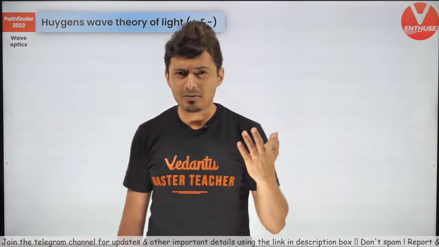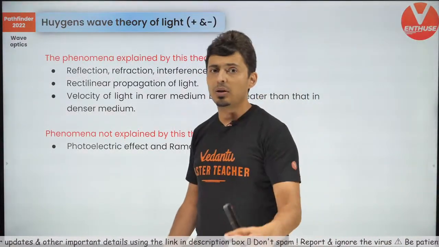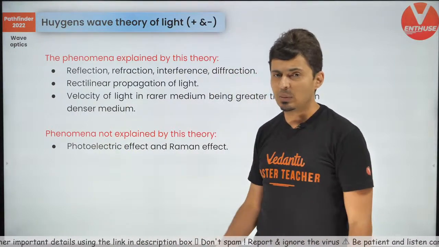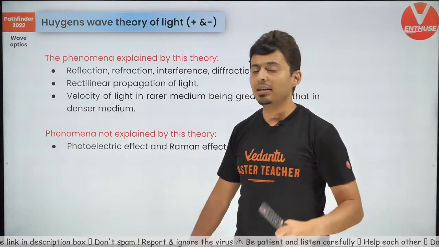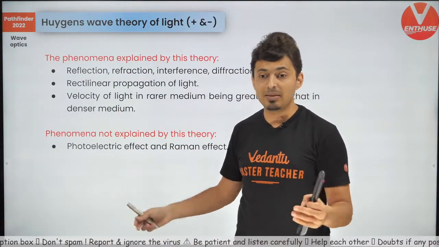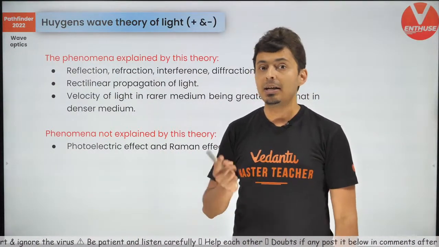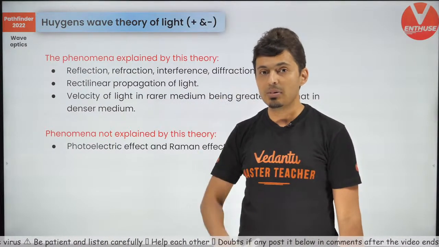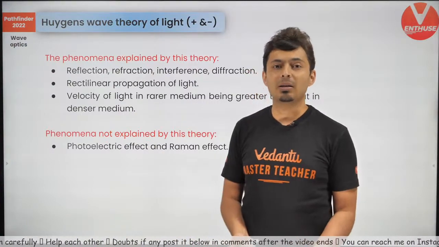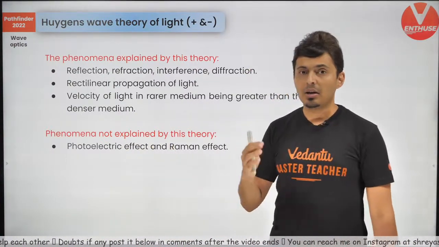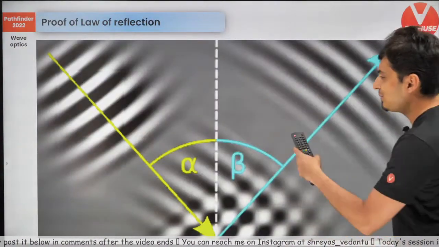So now there are some positives and negatives. This is only from the CBSE point of view. So just go through your CBSE textbook for your boards. Please check out all the advantages and disadvantages and what are the things which Huygens couldn't explain. Mainly, Huygens assumed that light is a mechanical wave, which is not true. Second thing, he thought that particle nature is not there with light, but later on we came to know that light has dual behavior, so that also he could not explain. Third thing, the photoelectric effect, which is again based on particle theory, could not be explained via Huygens. But Huygens was successfully able to show reflection and refraction, something like this.